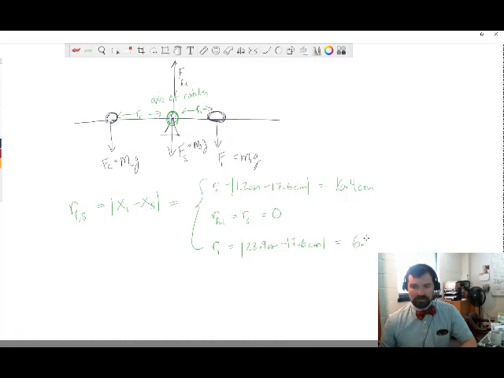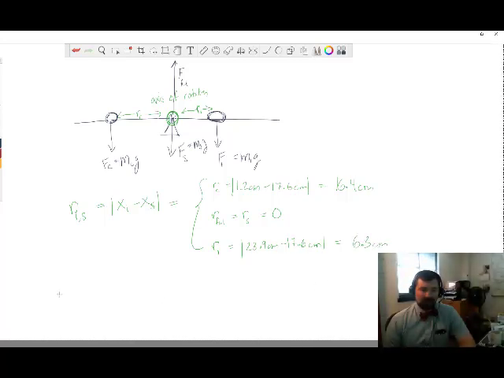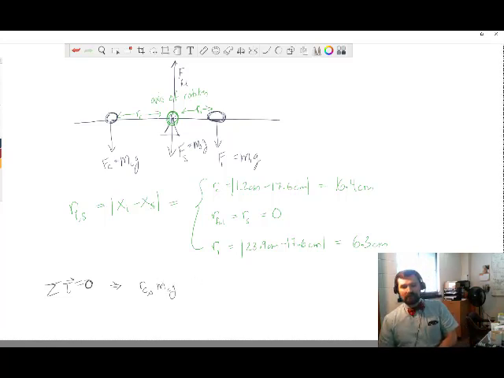Alright, so this should be something like 6.3 centimeters. Now that we've found those, we turn to the sum of torques being 0. So this basically is saying that R sub C comma S times MC times G, and that's in the counterclockwise direction, so that's the positive one. Basically it wants to rotate like this. This one wants to rotate like this. So that plus, these two are both 0, so you'd have